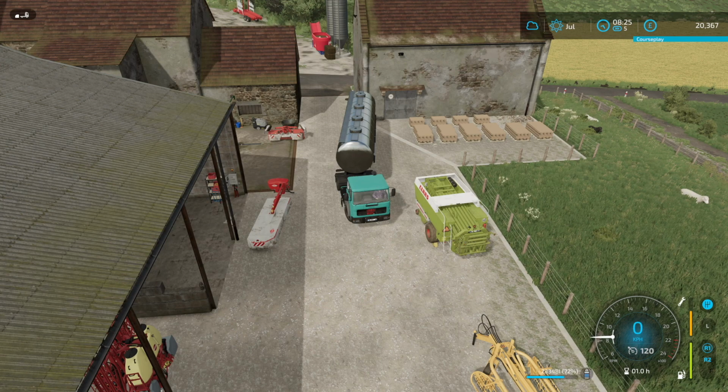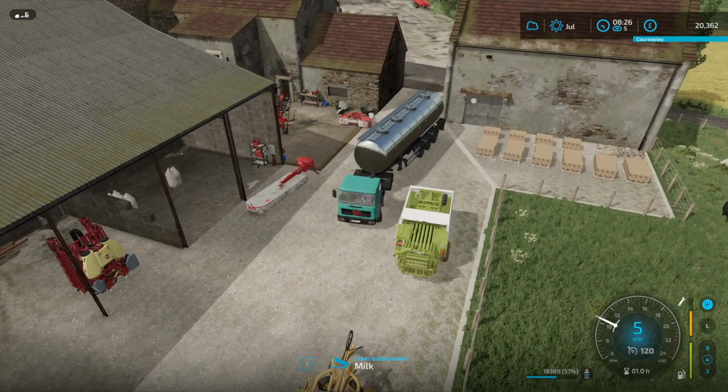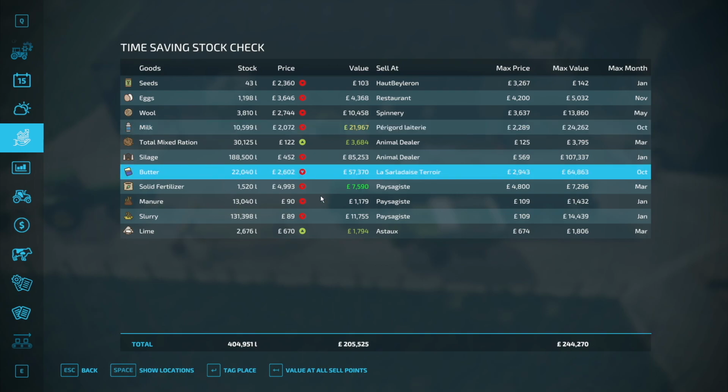Oh, the butter is adding up as well. Might end up doing a bit of a cheeky auto load with that trailer. If we can do, I think we can. I would like to try it, because that would be good to get that sold. When is it good to sell? Butter 2.6. It's not... well, actually...